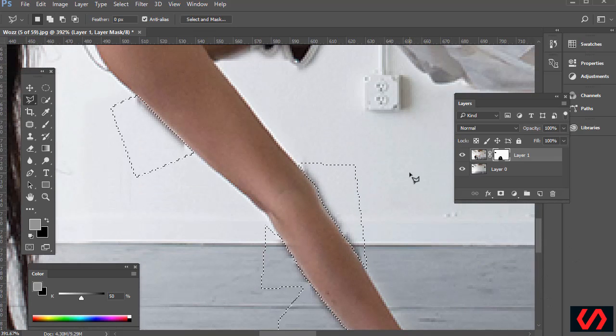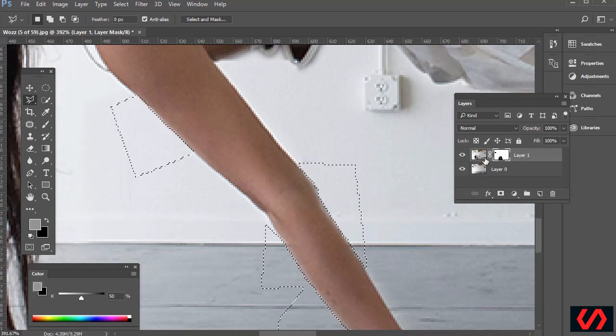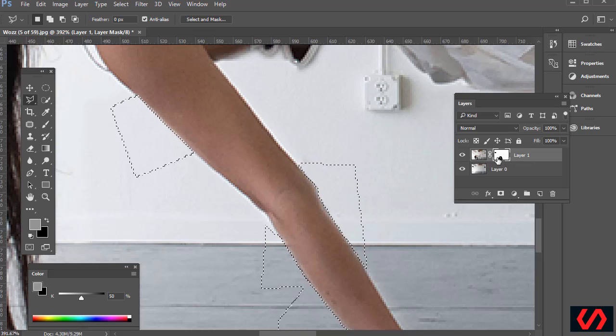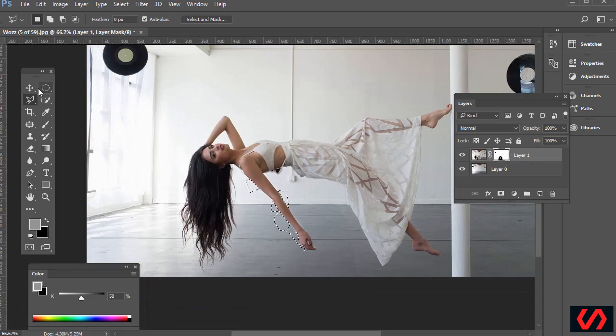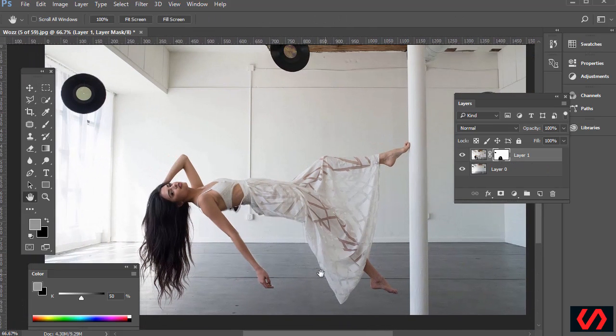So with those selected, press Control Backspace or Command Delete on the Mac, and what that does is, instead of filling it with black, which would erase the content of this layer or mask it out, you know, non-destructively erasing the pixels, it actually brings them back in. All right, so if I zoom out here, looks a lot better. And we can fine tune that down at the bottom as well, but that's the basic